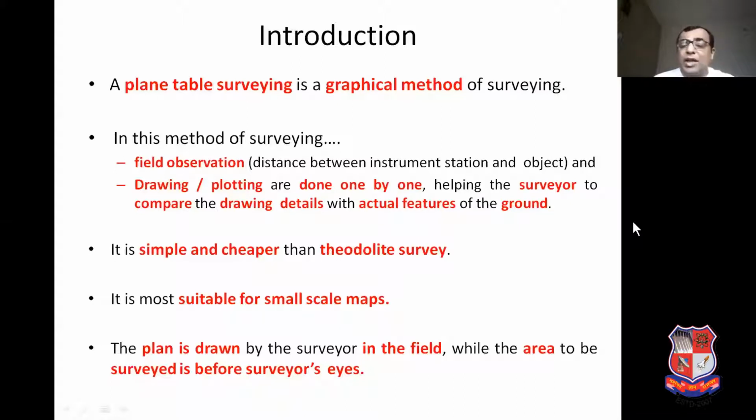The plan is drawn by the surveyor in the field while the area to be surveyed is before the surveyor's eye. So whatever drawing is prepared in the field during the plane table surveying, the whole area that is on the drawing is also in front of the surveyor's eyes during the surveying process. So that is the advantage of plane table surveying.